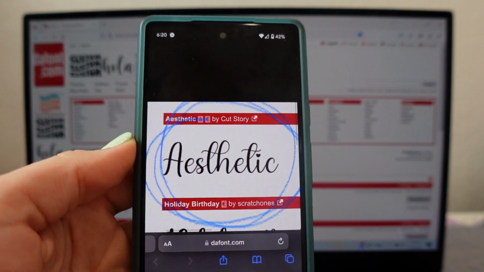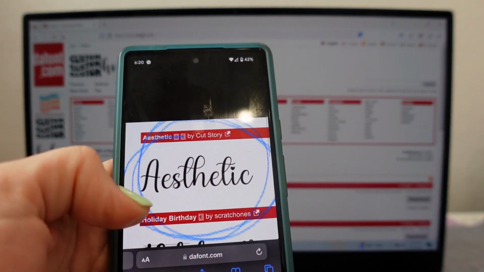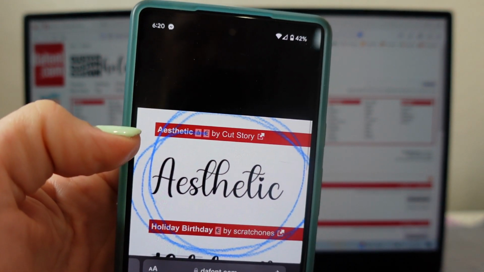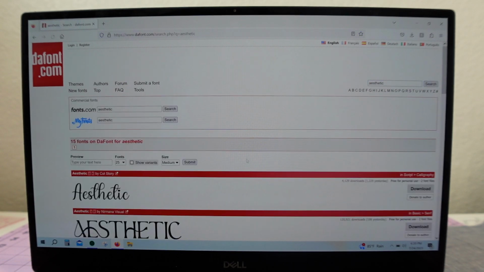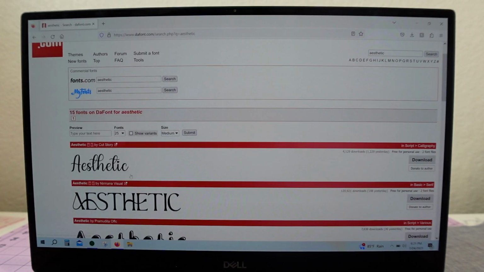So all that I'm going to do is, technically the name here is the name up here, and all you have to do is just search for it, which I already did download, but I'm just gonna show you guys as well how to do it. So you're just gonna type in the name up here, you're gonna hit search,